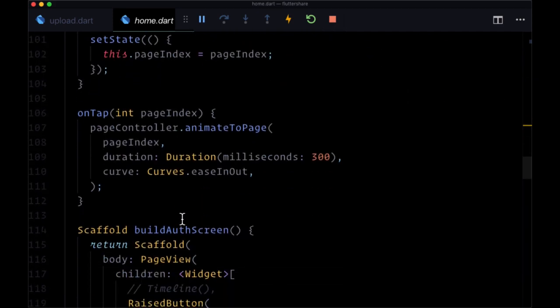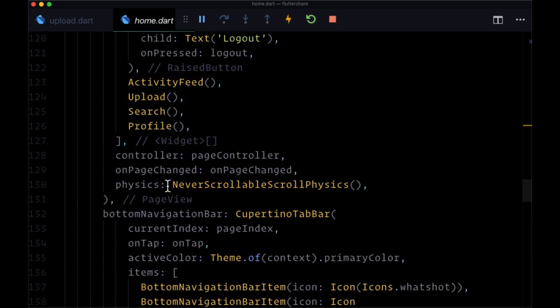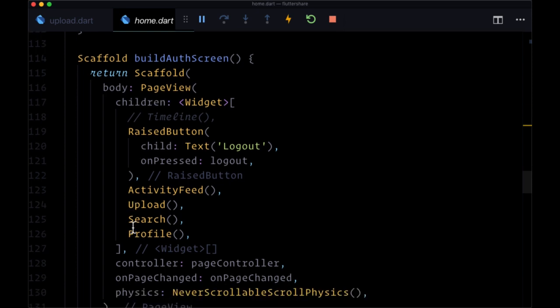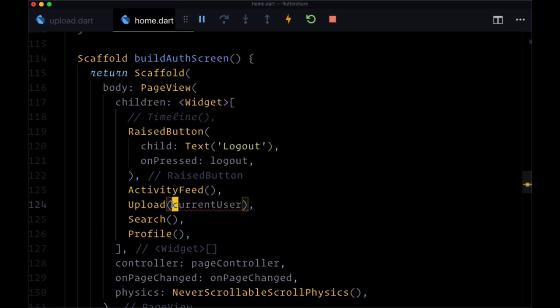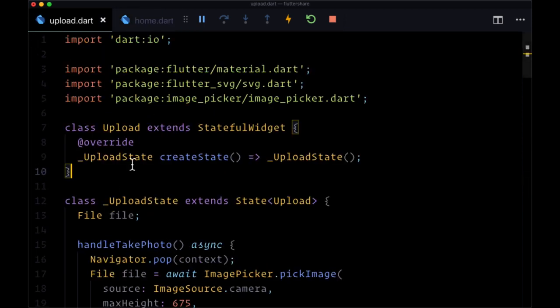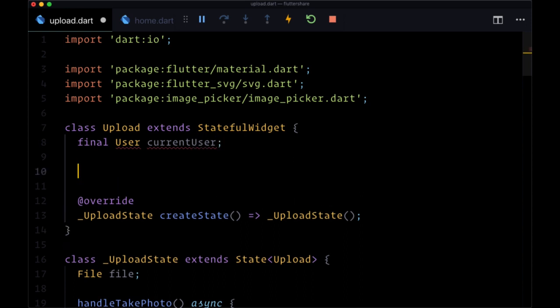we head down to our auth screen. We take a look at our page view and the children. We want to pass down to our upload page the current user, and we want to create on the upload state class a named current user argument. So in order to do that, we'll head back to upload, and for the stateful widget, we'll say final user with the name of current user, and we'll pass to the upload constructor within curly braces to add a named argument,